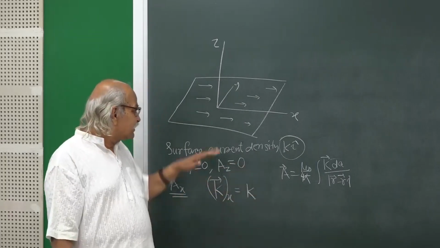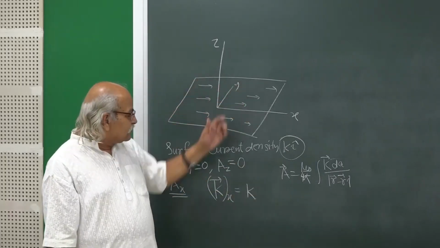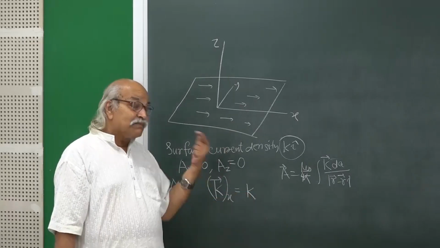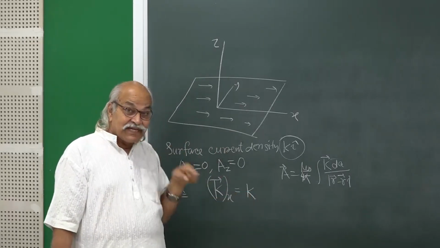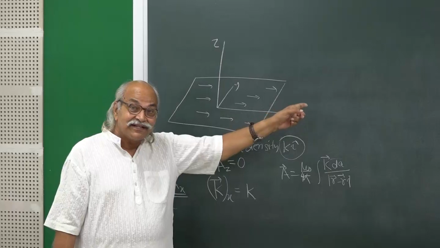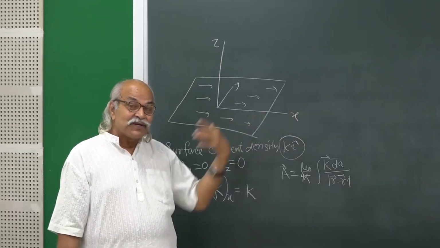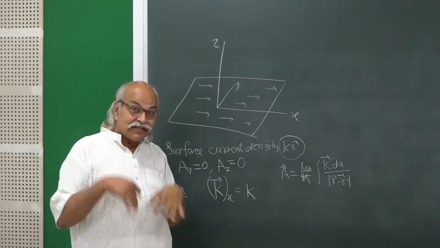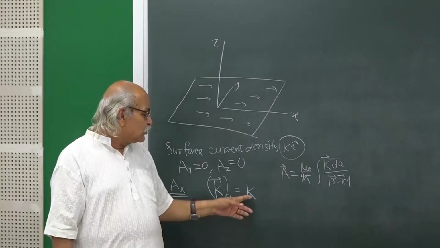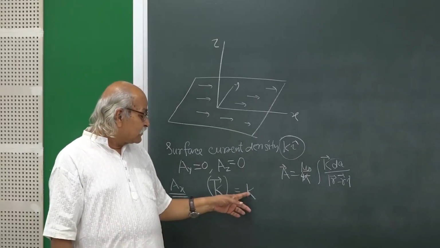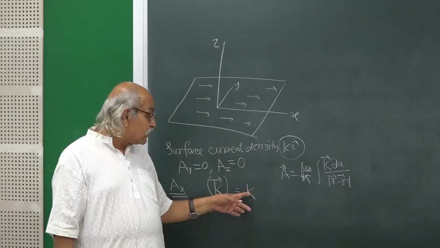Where is this current? This current is only on the surface. So, mentally we are assuming this k represents surface current density, but for our mathematics purpose, we are assuming that it represents a surface charge density,